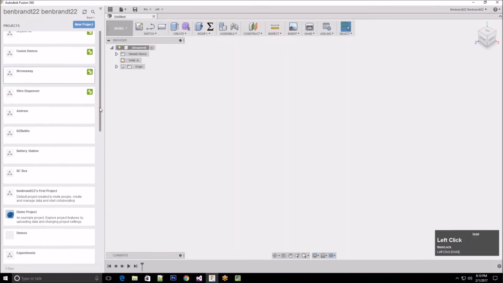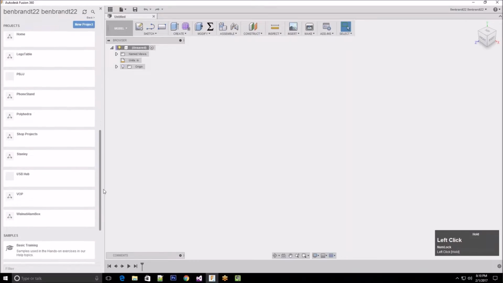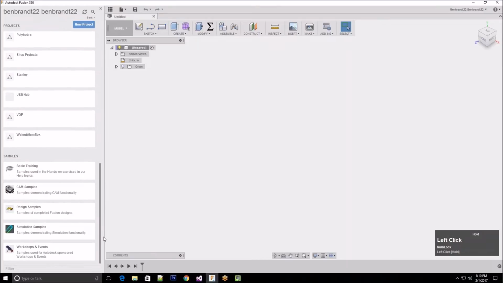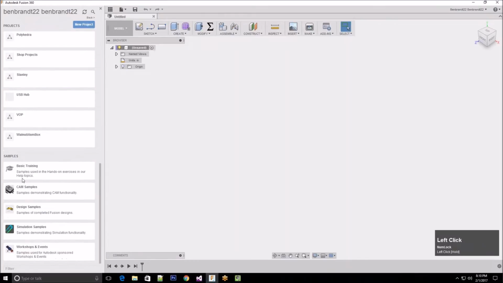So first thing we'll do here, before we even make something new, I want to talk about how to navigate around. So in this data panel on the left-hand side, if you scroll to the bottom, you'll probably see there's a section here called Samples. And I just want to open something up just to demonstrate a couple of things. So right here, I would assume everybody has this. There's a basic training project in the list towards the bottom. And if you double-click that,